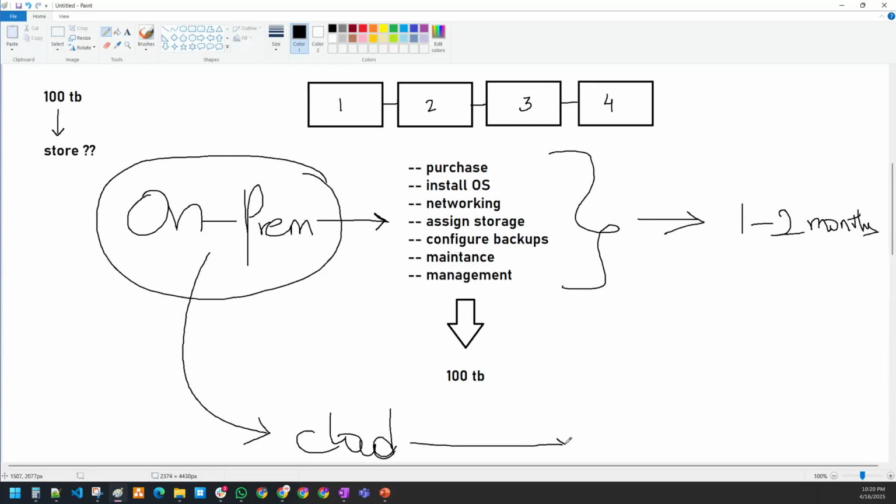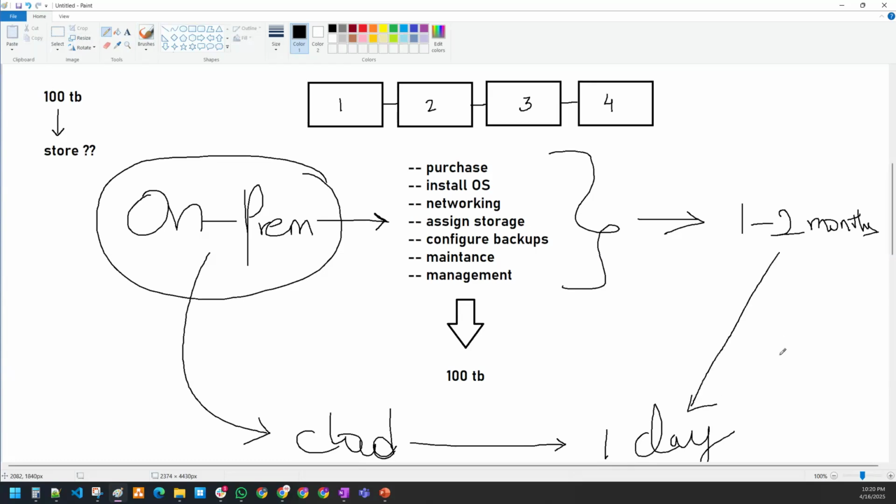Now tell me, guys, according to your knowledge, maybe basic knowledge of the cloud, how much time would it take for you to store it in the cloud? Can anyone guess? How much time could it take? Maybe a few hours, maybe 1 or 2 minutes, or if I just mention it to my DevOps engineer, I can set it up in 1 day. Hardly, if I take 1 day. It could even be a few minutes or few seconds.